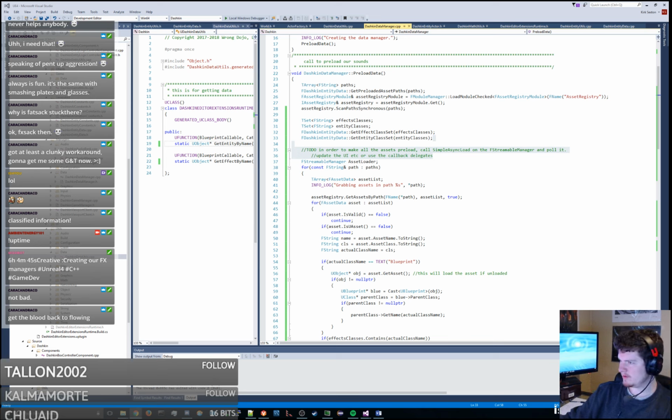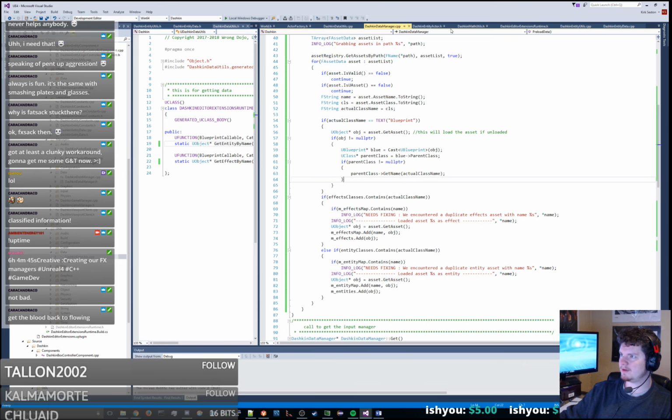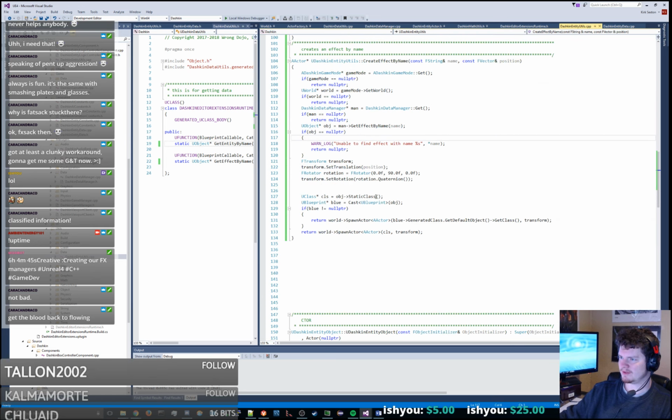Get the blood bag flowing. Yeah, that's the idea. And we'll get in here and we'll rejigger all the things, and then we'll be able to spawn these actors in, and it's very clear that we need to make things easy on the entity utils,